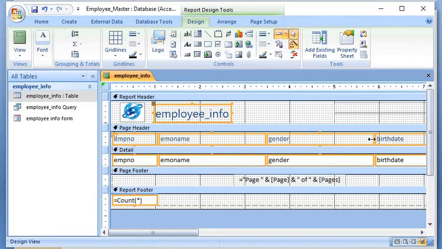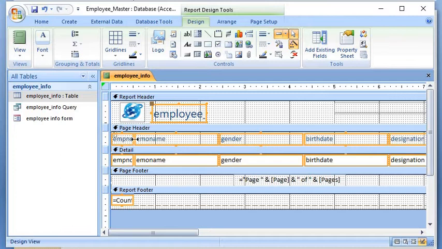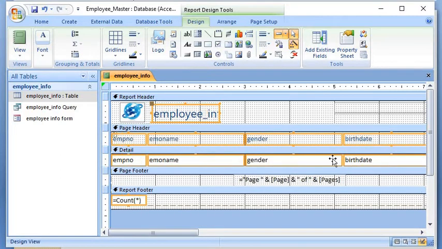Now it is columnar. You can decrease or increase the size, you can change its font size, you can change the name as per your want. So all this customization is possible here.